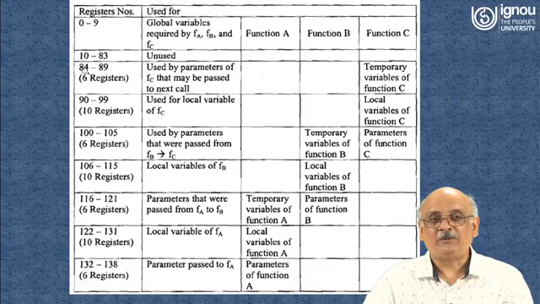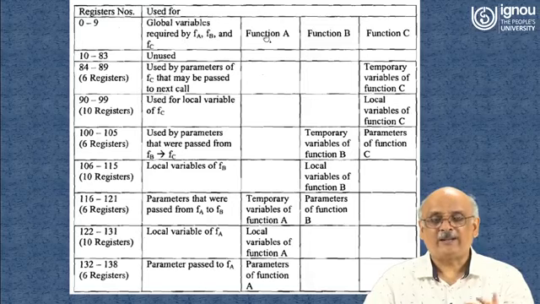So for the remaining 22, how will they be used? Let's look at the registers for function A. What does function A do? Obviously, when the main program calls function A,